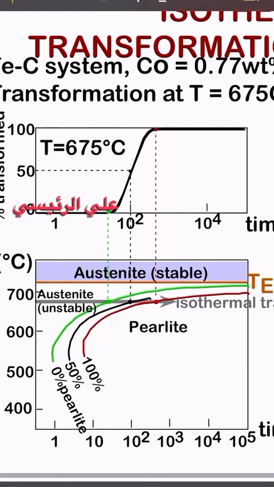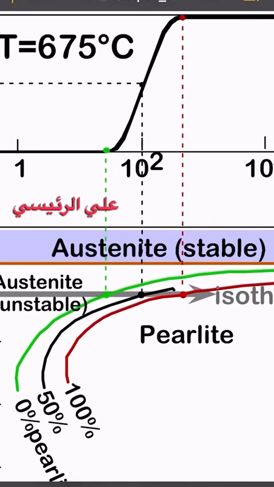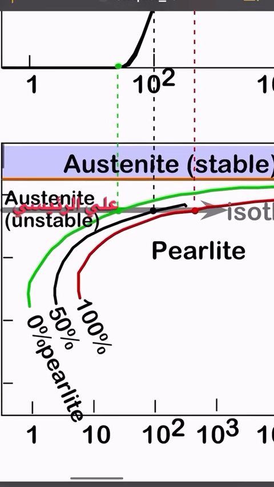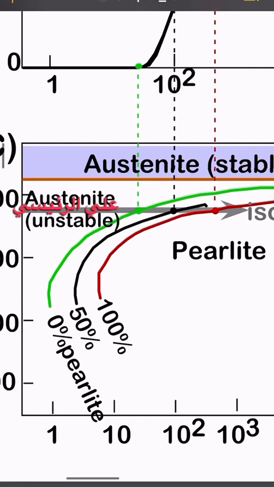The green line means 0% perlite. What I mean is that the perlite has not been produced until now. After a while, it reaches the black line; from the green line here, you can see it goes to the black line. After it reaches the black line, it will become 50% perlite, and it takes about 10 seconds to become 50% perlite, but without changing